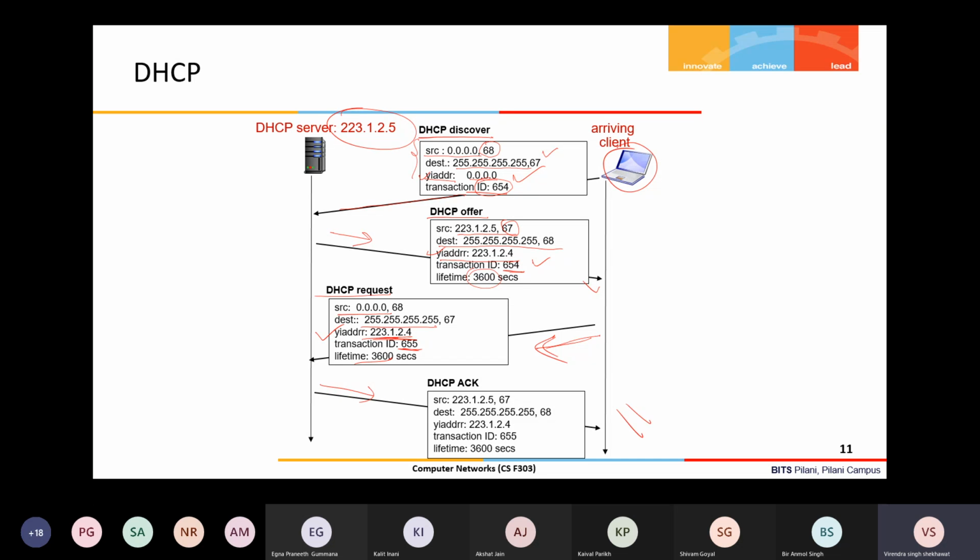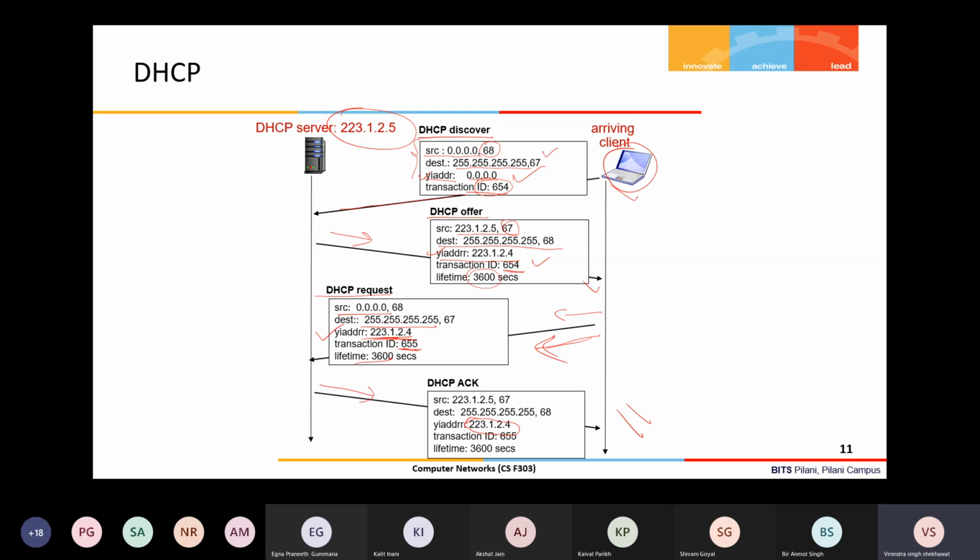Now this machine has the IP address, so from now onwards any communication from this machine will show the source IP address as 223.1.2.4. So four messages are exchanged between the client and the DHCP server to get an IP address. In case multiple DHCP offers arrive, the client may send a request based on just one offer, and the corresponding acknowledgement comes from the DHCP server.